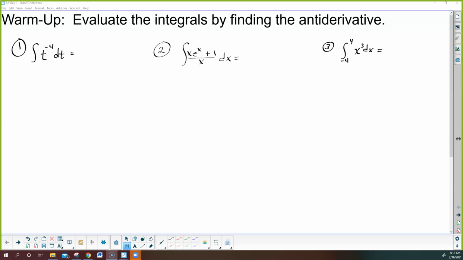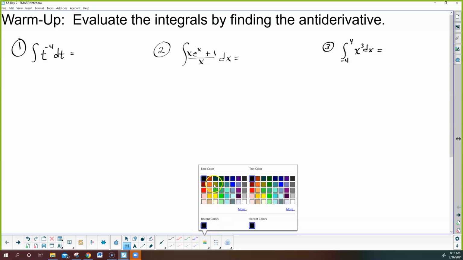Good morning, everyone. Let's go over these questions here quick and then we'll start our day. So the goal is to evaluate integrals just by finding the antiderivative. And this is based off of the fundamental theorem of calculus work that we had done